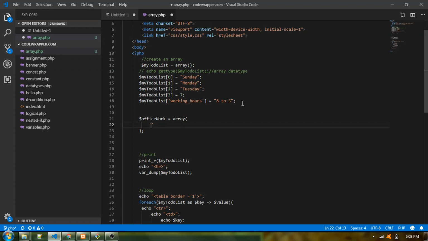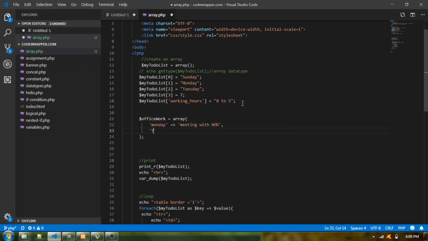So we'll say the first index, I'll say Monday, and here the special thing, we are using the equal sign and the right angle bracket for the assigning operation. So for Monday, I have a meeting with HOD, and put a comma, and then